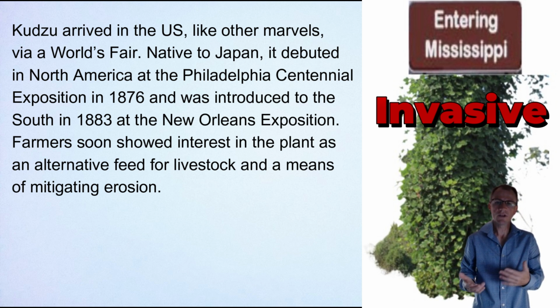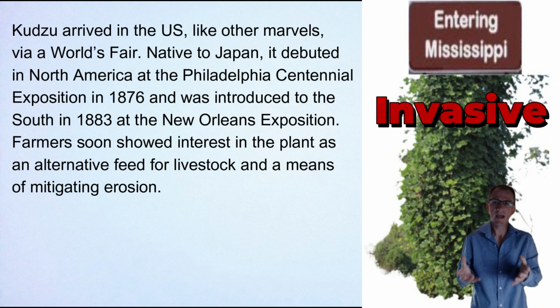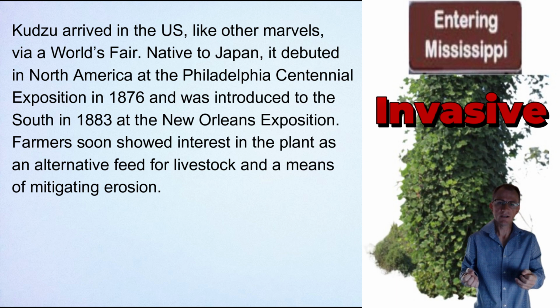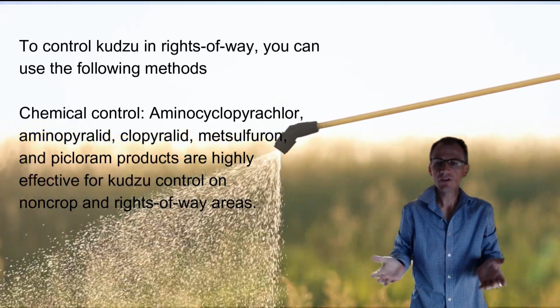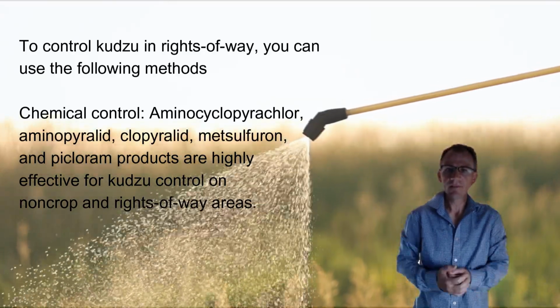So basically, this plant was used on rights of way to mitigate erosion, especially on embankments and things like that that will wash out. They thought with the roots and how dense and thick this plant was that it would keep those areas from washing out. To control kudzu in rights of way, you can use the following methods: chemical control,